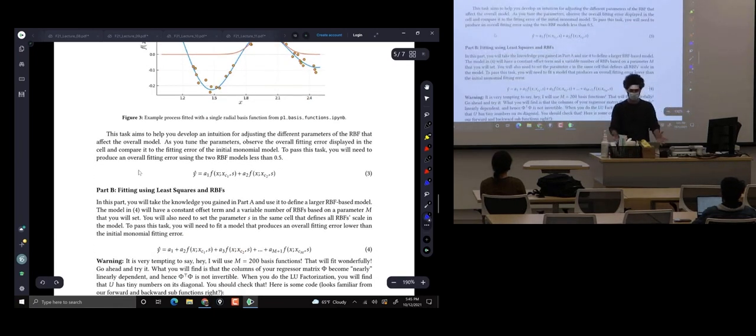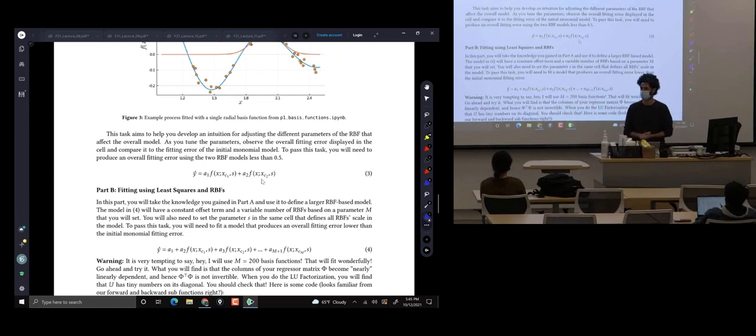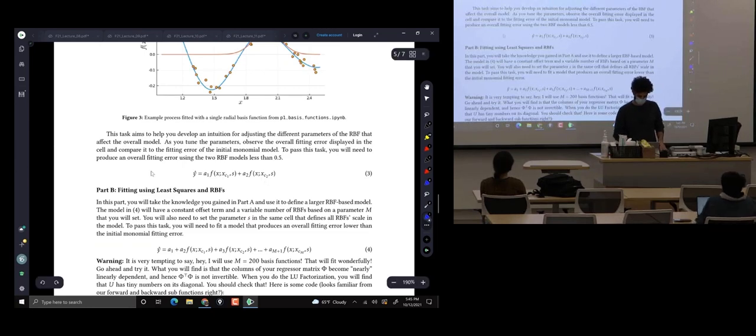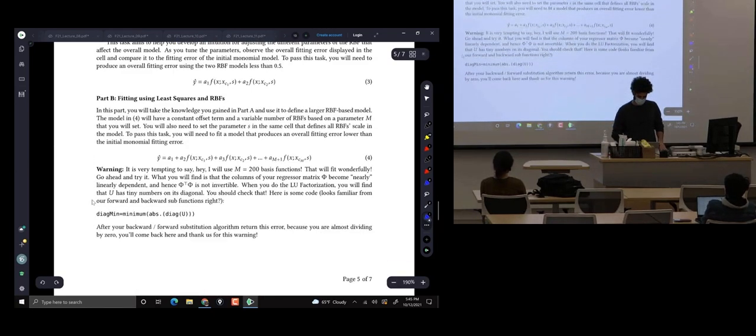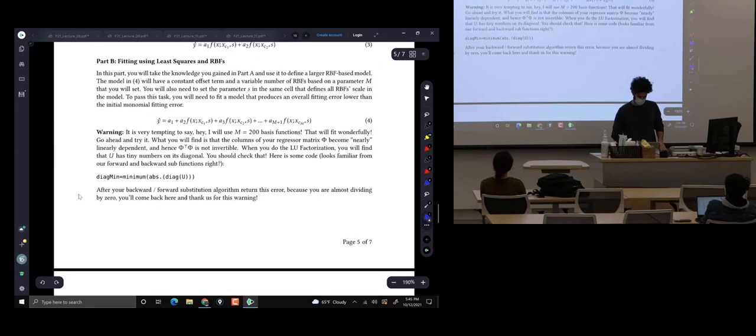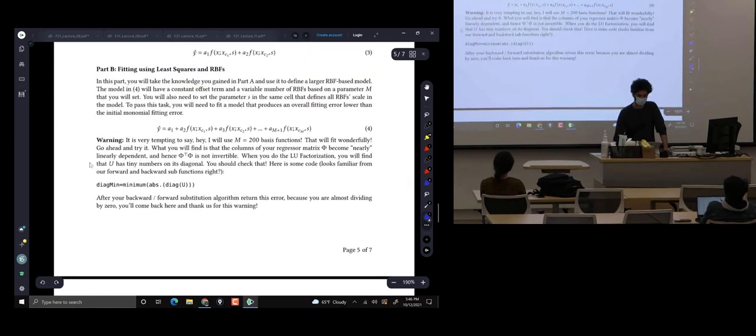Now, suddenly, instead of polynomials, you are, let's say, combining two of these RBF, radial basis functions. You will learn later in machine learning, they call them kernels. And in part B, you're going to use more of them to solve the problem. Now, first, you will need to hand tune because it sounds wonderful until you realize that